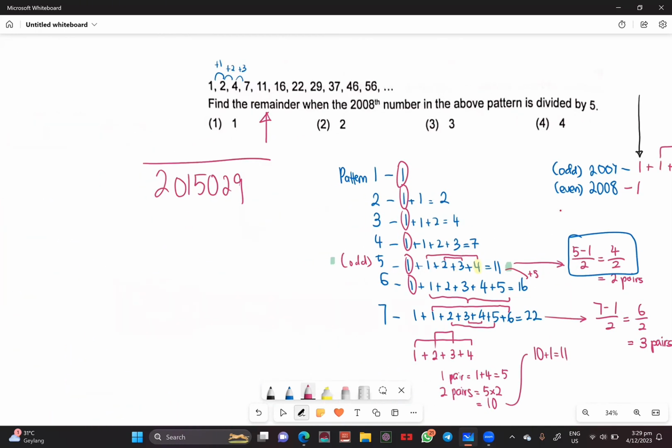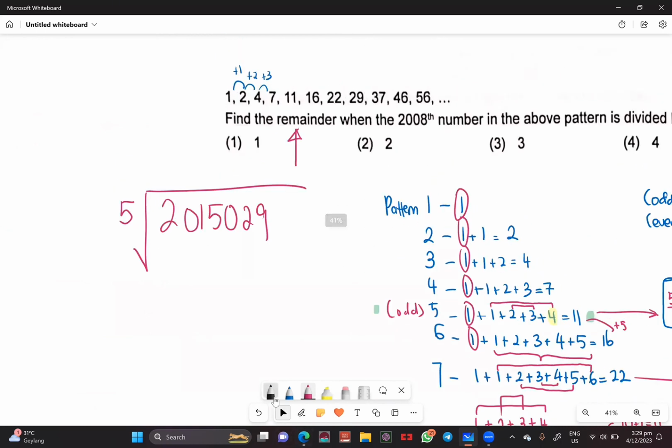So let's divide by 5. Okay, you can see over here, I put 5 over here, right? So let me just zoom in a bit. Okay, 5 times what gives me 20? We can say 4, all right? So we minus, we put 0, bring down the 1. That is nothing, guys. A lot of you like to look at 15, but no, you have to look at 1 first,